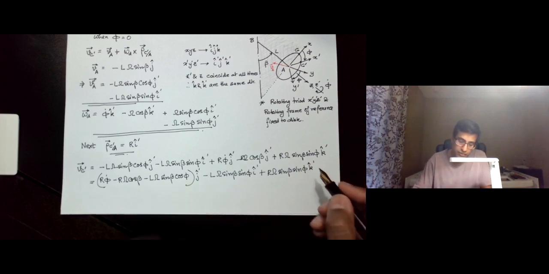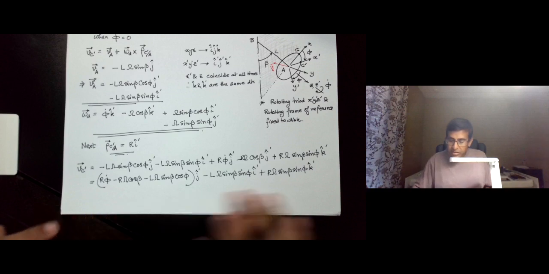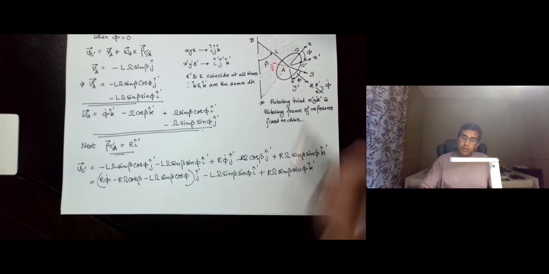So now this is the general expression for the velocity of c prime